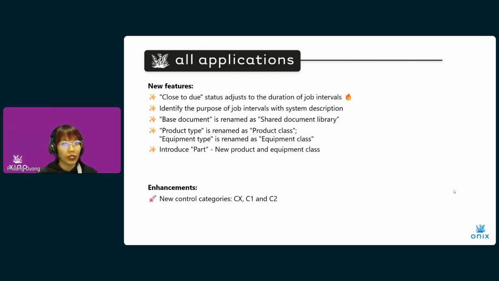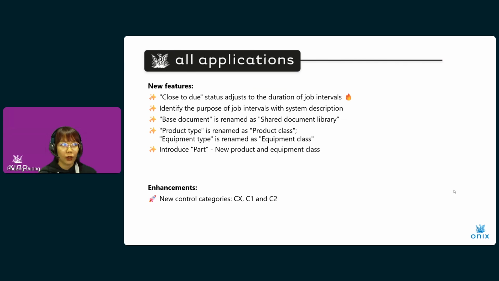And what is product class? What is equipment class? That is the values of the classes are the ones that you see every day on the equipment model or the product model. Those are the unique, the part, the not consumable or stock goods. And finally, because I just mentioned part, we actually introduced a new product and equipment class in this release